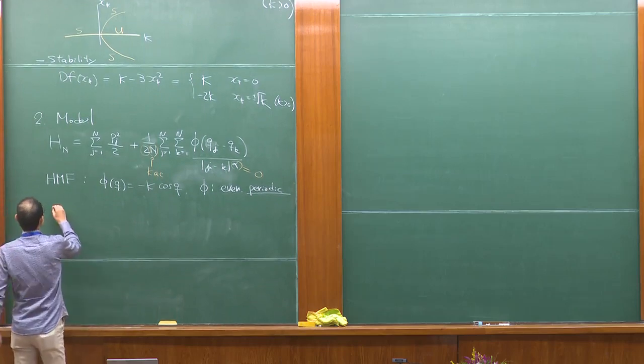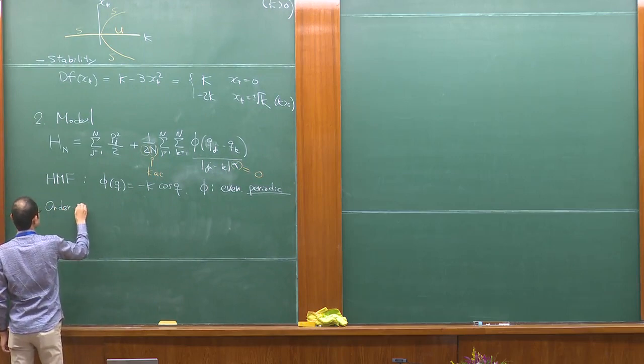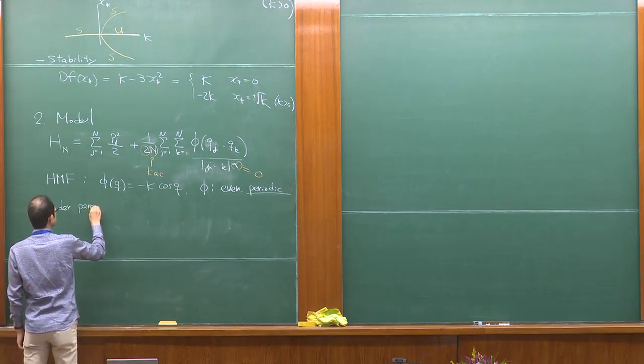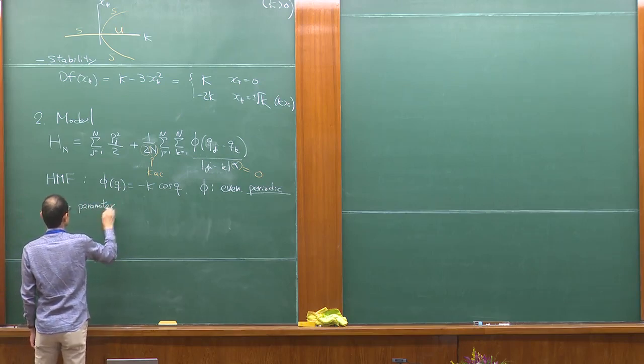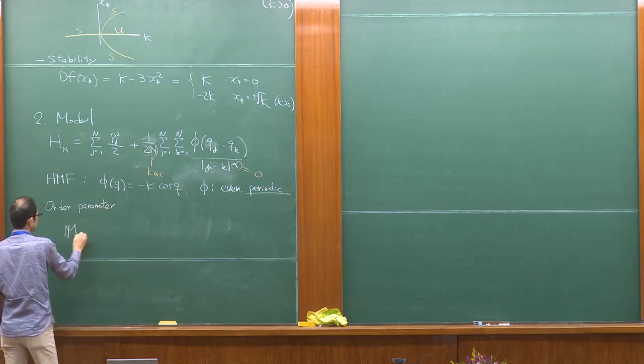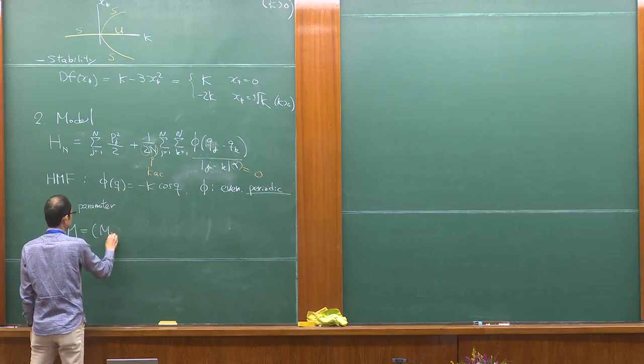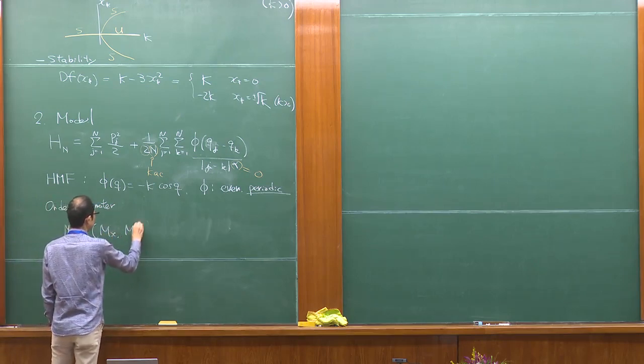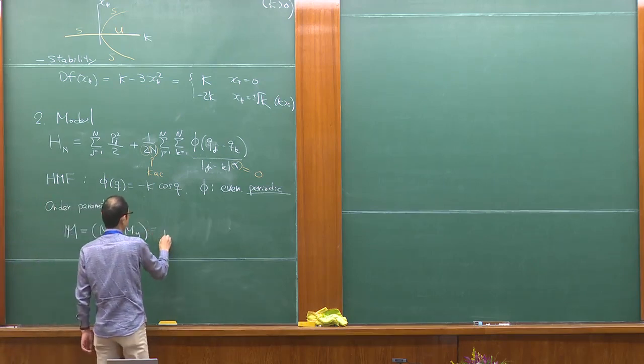And then the magnetization, the order parameter of the magnet, is some vector. And I say mx and my. It is defined by